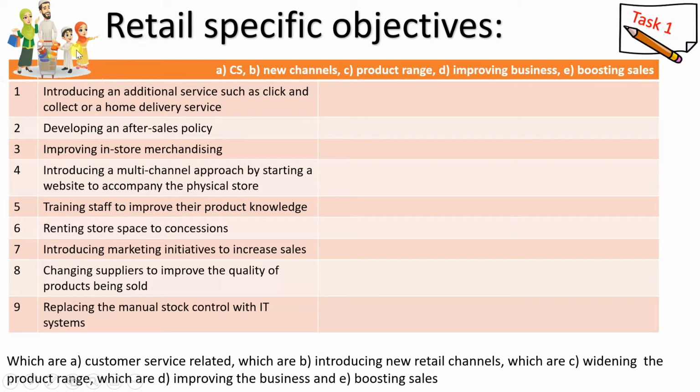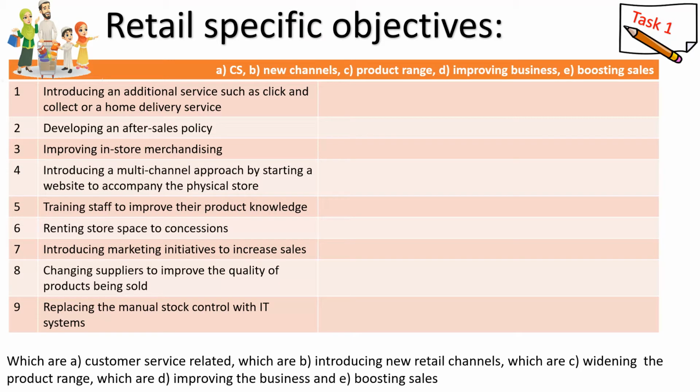So here's task 1. Here you've got a table with 9 retail specific objectives. Introducing an additional service such as click and collect or a home delivery service. Developing an after sales policy. Improving in-store merchandising. Now merchandising is things like the way the shelves are labelled, the way the signposts are saying